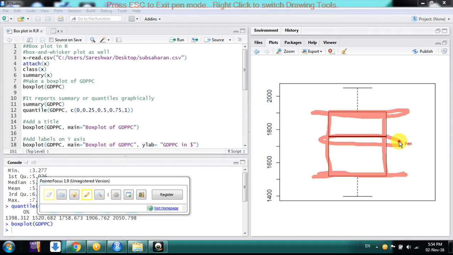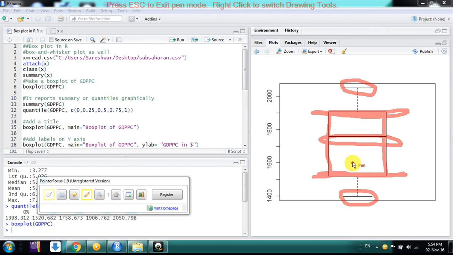Okay friends, and the value we have here generally in the box plot is the lowest value and this value is the highest value. So in this way we have 5 values. This is the minimum value, this is the maximum value, this is third quartile, this is first quartile and this is the median. We can see these dotted lines connected between the maximum value and the third quartile is called the whisker. Similarly, this is the lower whisker.